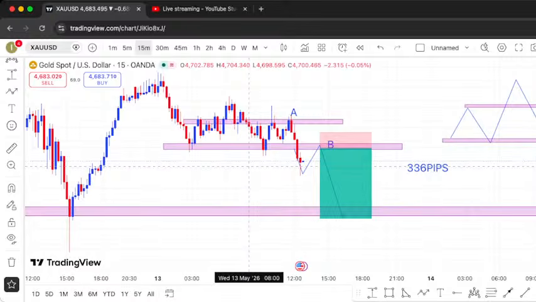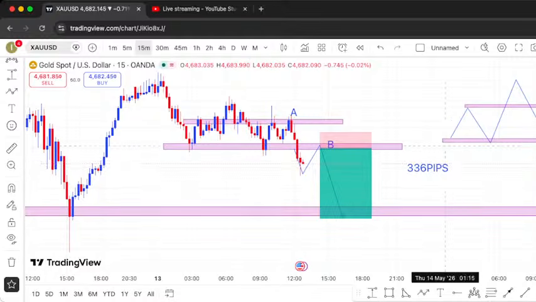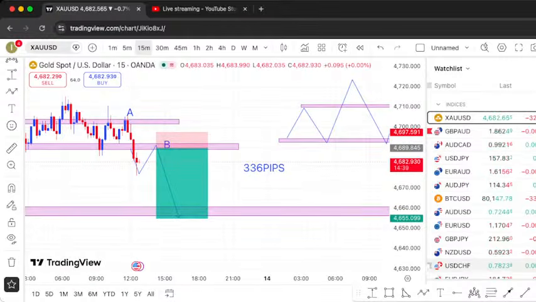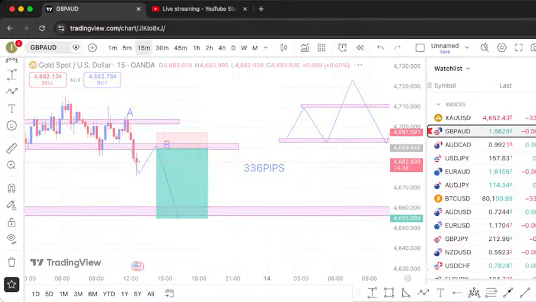Nice. So allow me to go to the next, currencies. Remember, this is XAU USD, where USD is one of the currencies traded there. So let me go to currencies now, starting with GBP AUD and then continue like that. So let me go to GBP AUD.